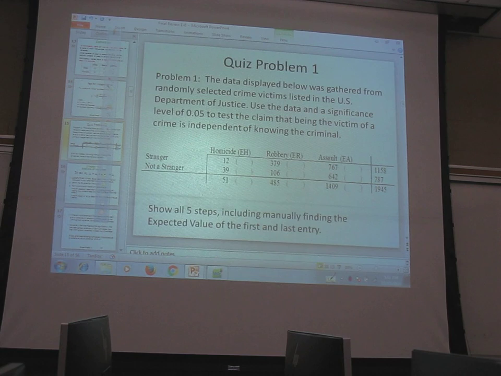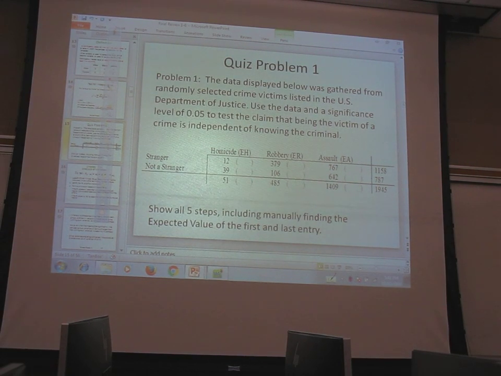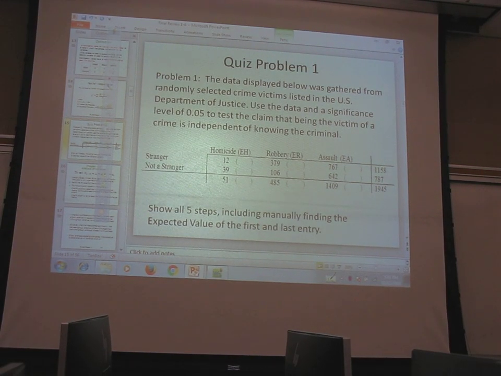There is enough evidence to reject the claim that being the victim of a crime